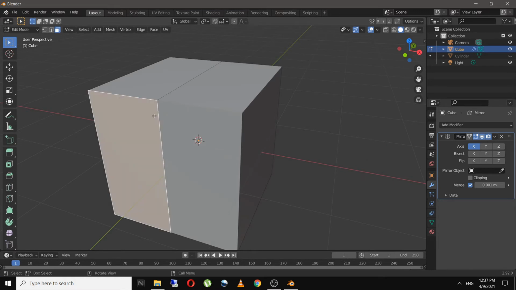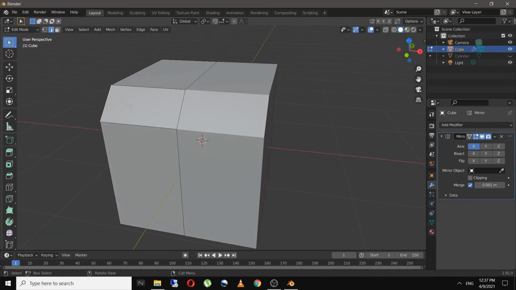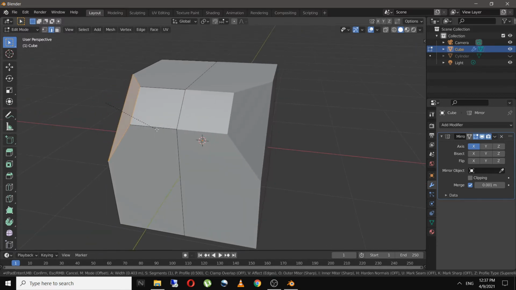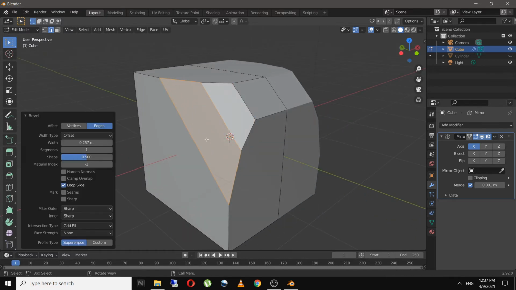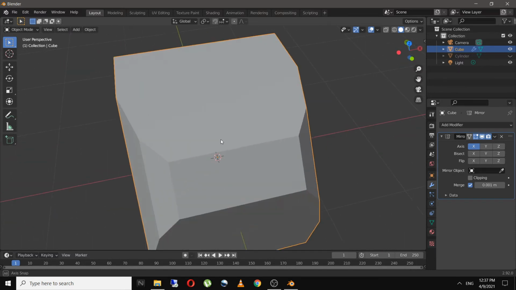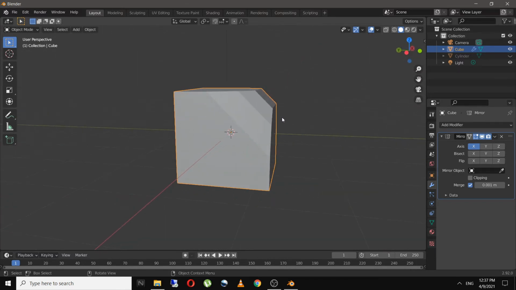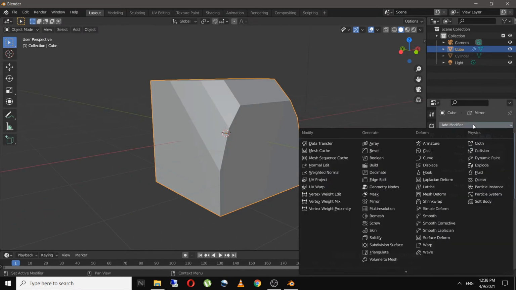And if we make any changes in the first half of the mesh, it will also happen in the second half of the mesh. So this is another modifier which is very handy and it saves a lot of time. We have also seen this while we were modeling our station and the townhouse.